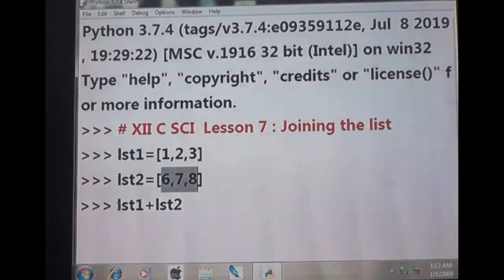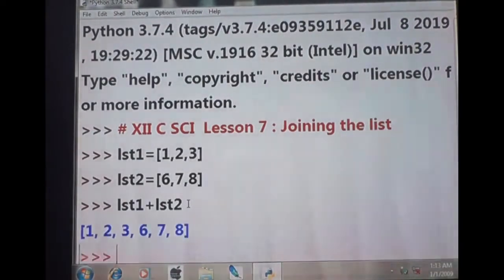If I give list 1 plus list 2 and press enter, what is the output? Can you guess? This is the answer. Very simple: 1, 2, 3 and 6, 7, 8 will be joining together. Got it?